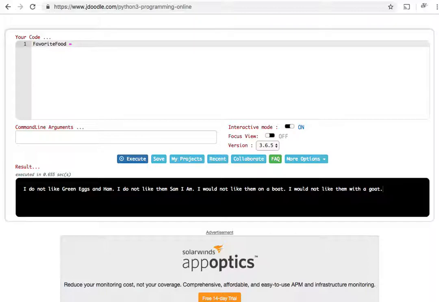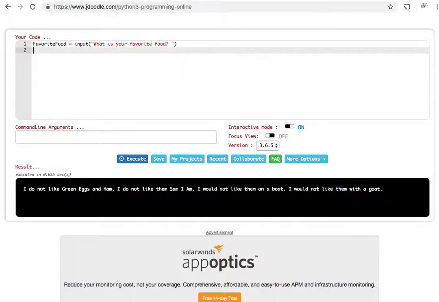Wait a minute. Input. Let's actually try that. Input, parentheses, obviously, and then I'll ask a question so that they have a prompt so they know what's happening. What is your favorite food? There we go. We'll give them some sort of question so that they know what they're typing in. In theory, I wouldn't need a question and they can just input a blank line, but how would they know